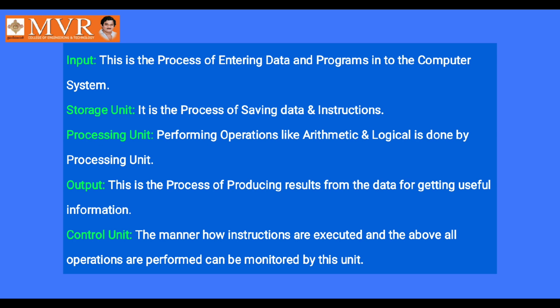And the fourth one is the output unit. So what is it going to do? Whatever the operation being done and whatever the result stored in the storage unit, if a user is expecting to see that, it will be delivered to the user by using this output unit. The best output unit, what you know very well, is your monitor only. So whatever result is generated or calculated is displayed on the monitor based on the user request.